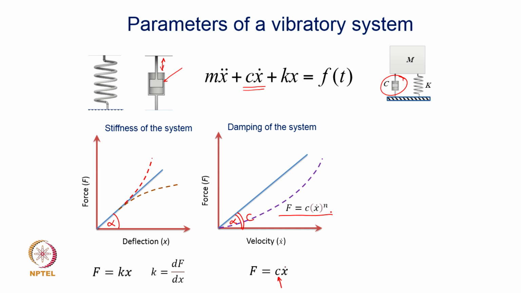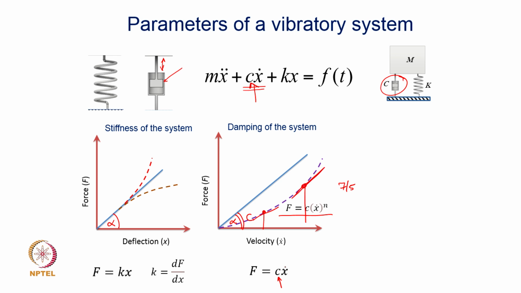It can take this form where n could be as high as 7/5 or so. So, such a relationship between the dissipating force and the velocity term x dot can be highly nonlinear here, and therefore, what value of c will you use? So, c will be different at different velocity values. If you are operating at this velocity, the c will be the slope at this point. If you are operating at this velocity, the value of c will be the slope at this point, and which